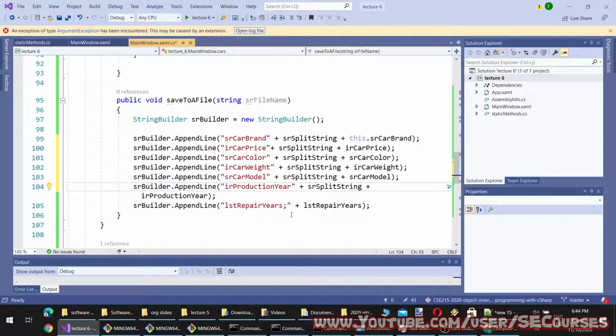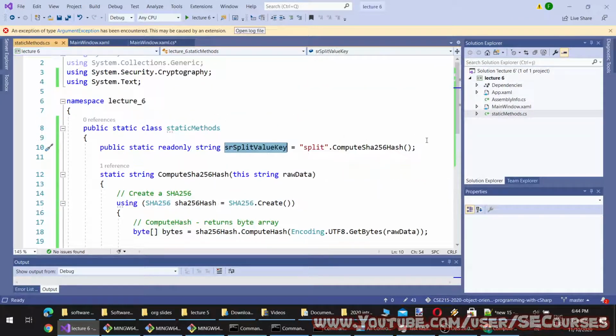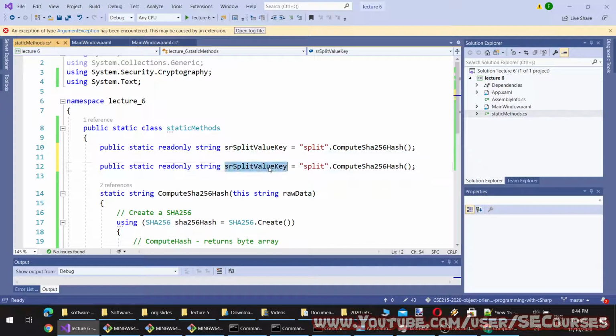So, what about lists? To add a list, I need another separator, and I'm going to make it like SR split list separator. Let's name this as split separator, split value separator.